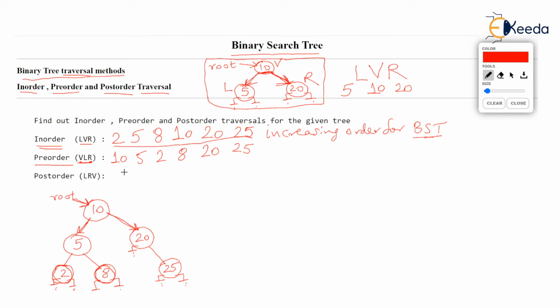Just observe the output of pre-order. The output of pre-order is neither in increasing order nor in decreasing order. It's just random order. But very importantly, the very first value of the pre-order traversal, this value which was printed, is definitely the value of the root. So the property of pre-order traversal is that the first value printed in the pre-order traversal is the value of the root node. Remember this. Now let's go on to post-order traversal.